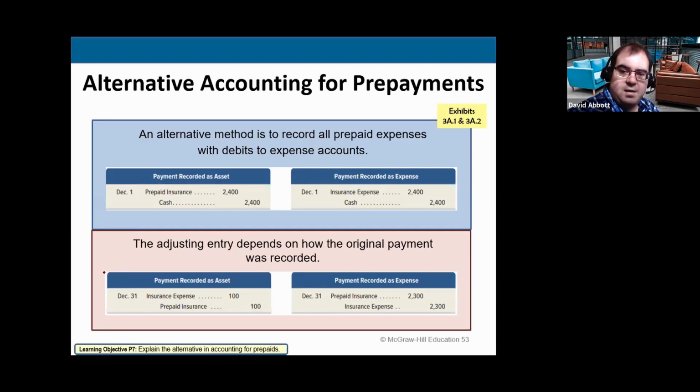So we see here that if you did it this way, prepaid insurance and cash, you would have to do insurance expense $100 and then prepaid insurance $100, because that increases the expense and it decreases the